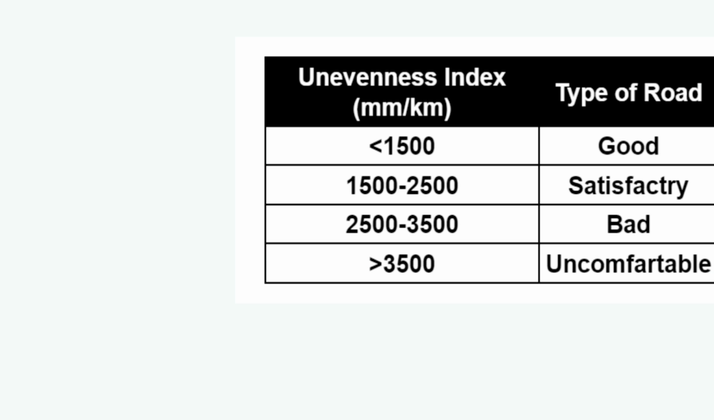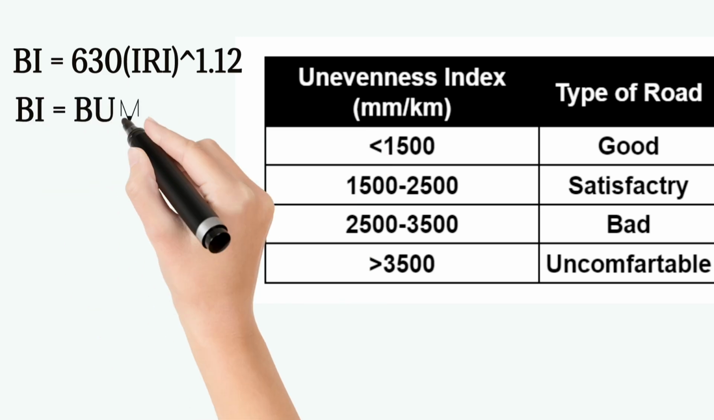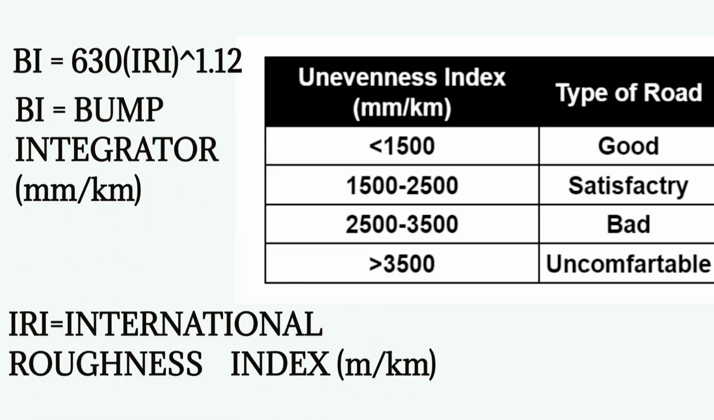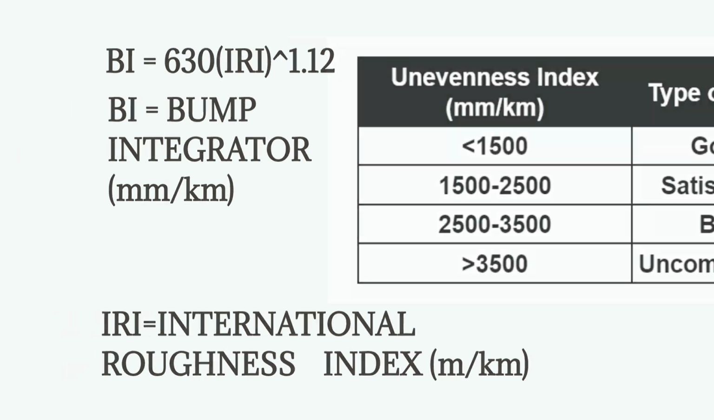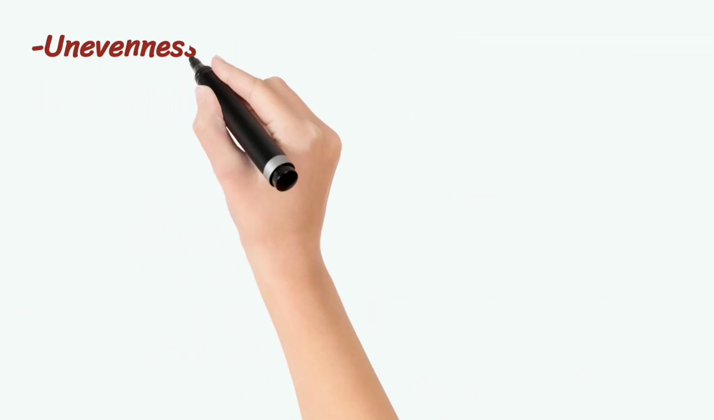If its value is less than 1500, then it is in good condition. If value lies between 1500 to 2500, it is satisfactory condition. If value lies between 2500 to 3500, then it is in bad condition. If this value is greater than 3500, then this is very uncomfortable. BI equals 630 IRI to the power 1.12, where BI is bump integrator and IRI is international roughness index